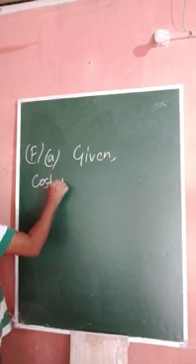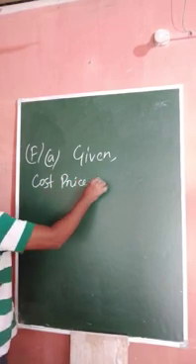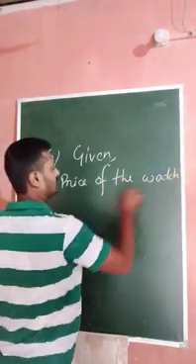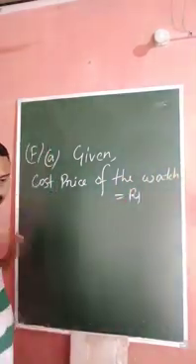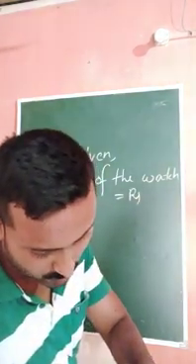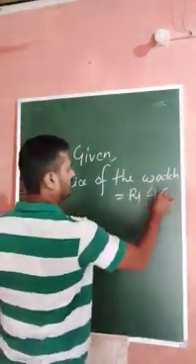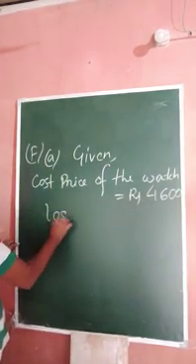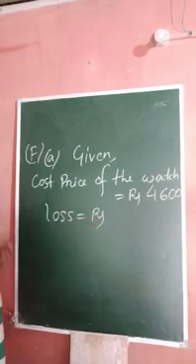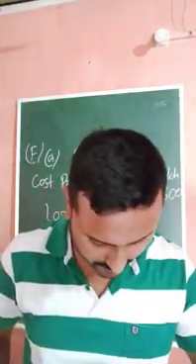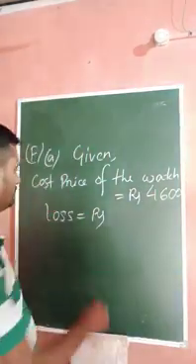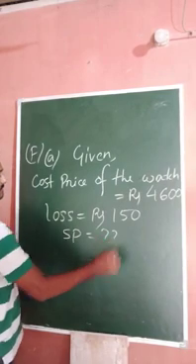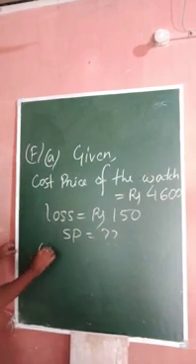Given: the cost price of the watch is rupees 4,600. Again, the loss is given, this is rupees 150. Okay, so we have to find the selling price, SP. Okay, so we know that